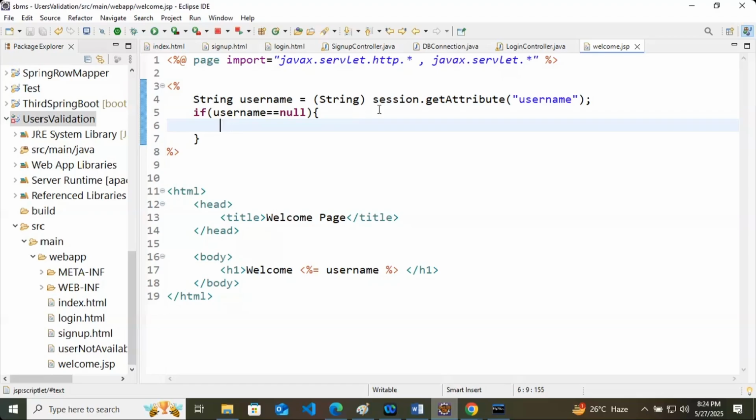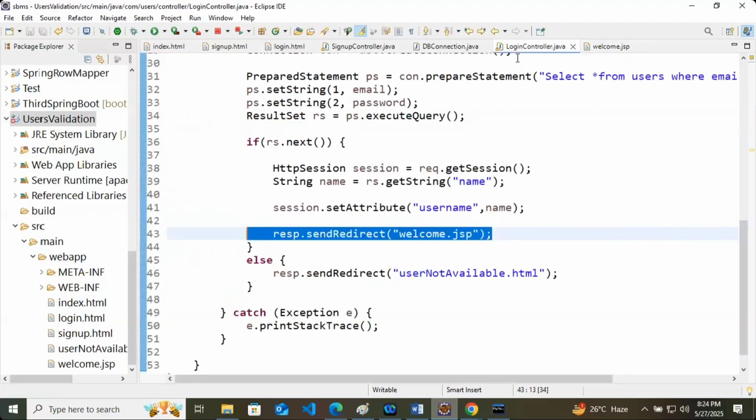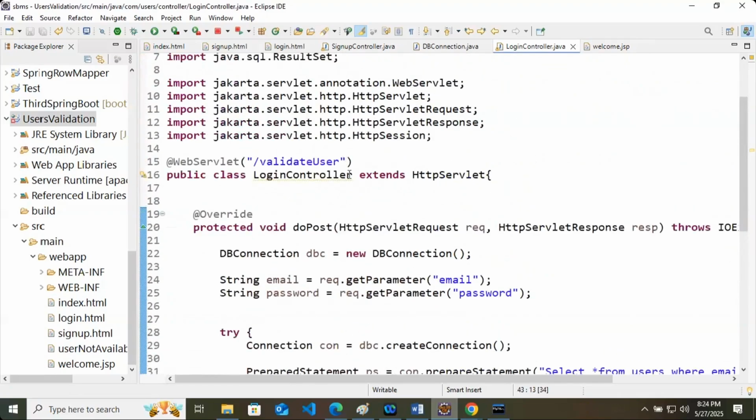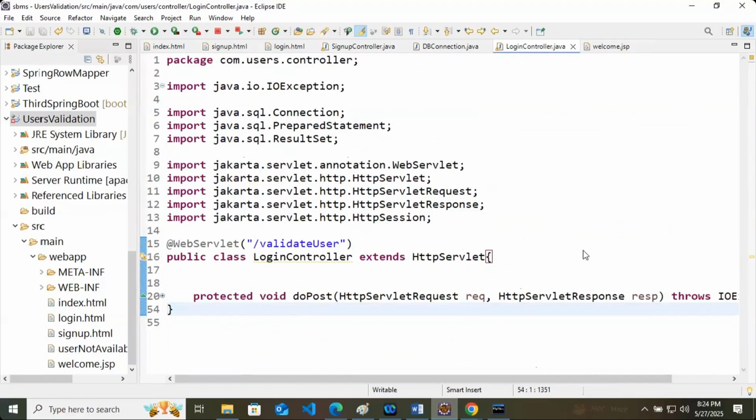You can create the things related to session. You cannot create anything like that. You have to import that and do a lot of things. Okay, for a moment, let me tell you what you are saying. In the login controller class, which is extending a servlet, let's create a method, a random method I will create.